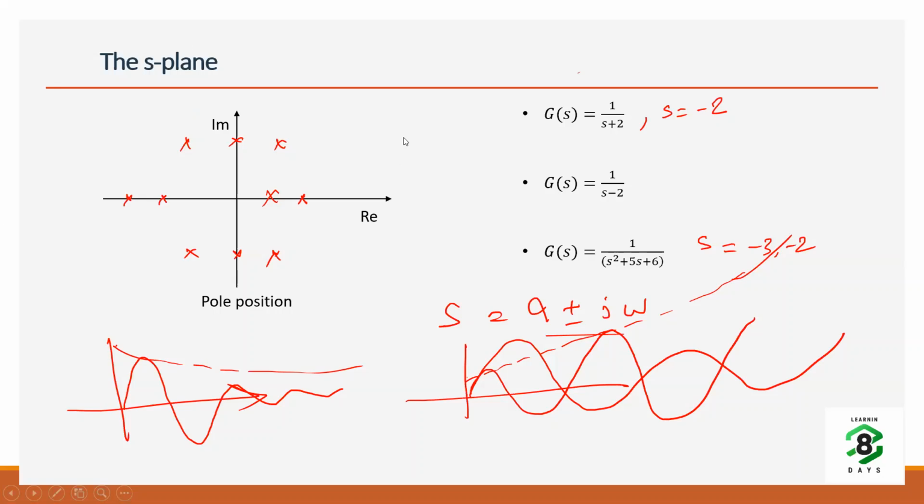In a nutshell, to summarize: if the real component is 0 or positive, then the system will be unstable. But if the real component is negative, then the system will be stable. So you don't need to be confused by looking into a very high order or complex system. You just need to find out whether, in the characteristic equation, you have a root with a positive number. Okay, great, let's move on.